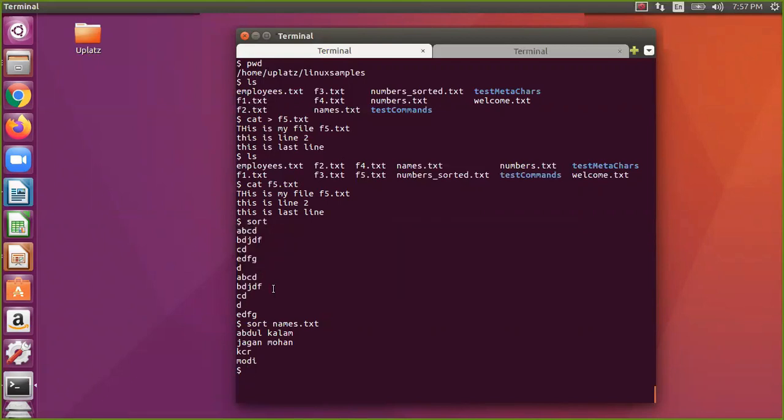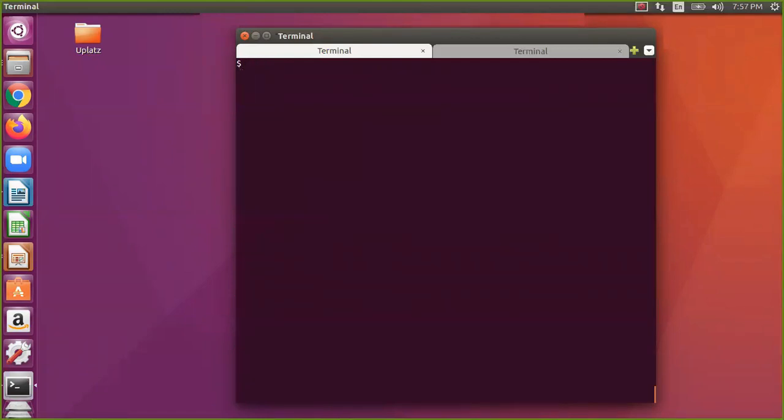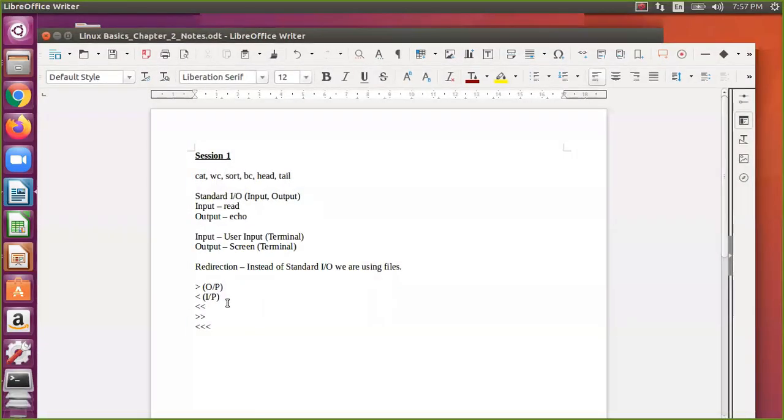The end of input is Control D. That is the signal telling the shell, not exactly the OS, that this is the end of input. That's the IO redirection for standard output and standard input.